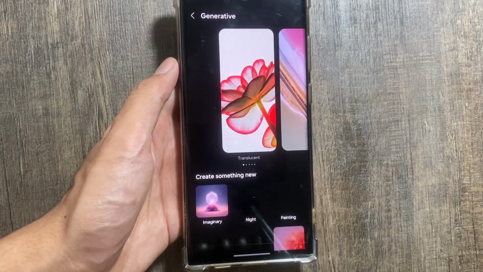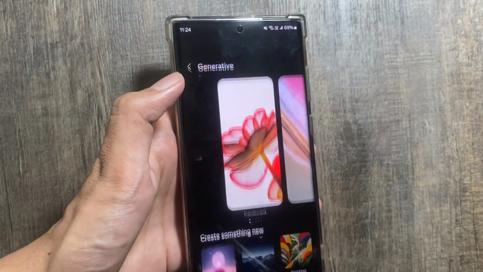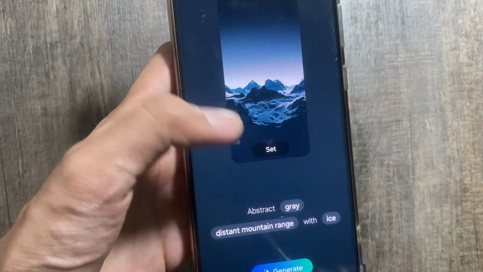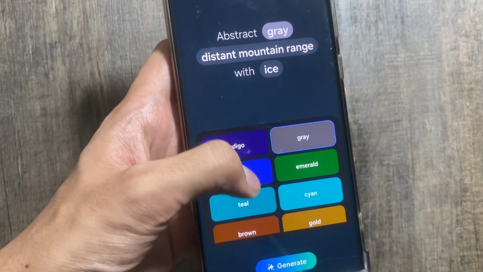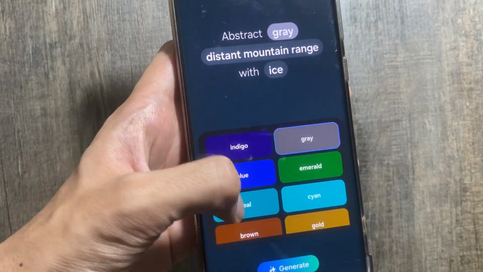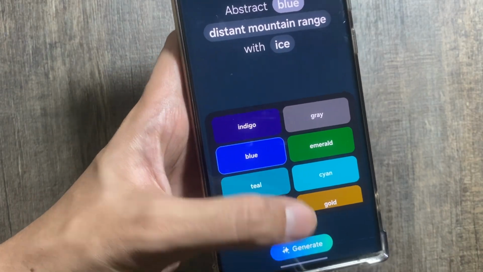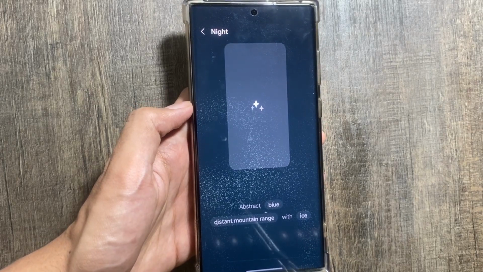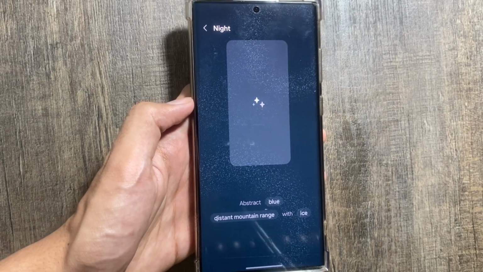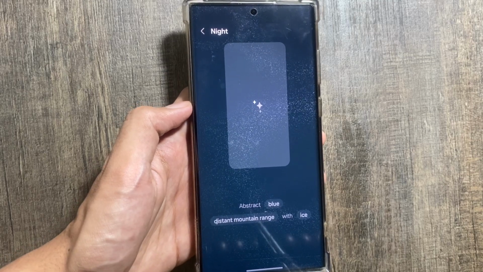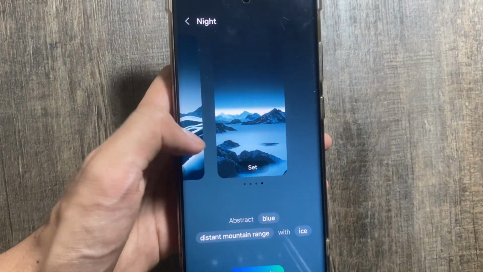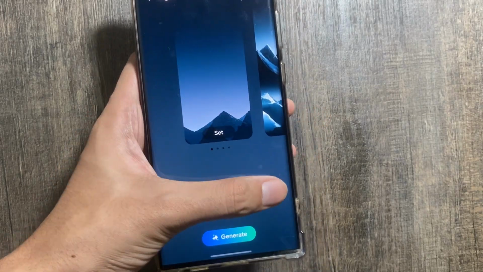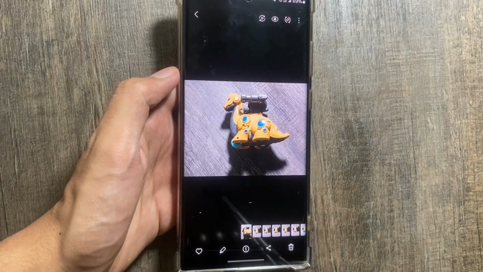Next we have this new generative wallpaper AI. In the wallpapers creative option, you can generate your wallpaper according to your choice. You just have to select the color or the background. As you can see over here, there are multiple color options to choose from. I will quickly choose a blue color to generate it. And as you can see over here, it might take a while and it will generate a wallpaper for me according to my choice, making my device more customizable the way I like it. And as you can see over here, a beautiful wallpaper has been generated. You can also change the background design from here. There are multiple options to choose from to give it a command.